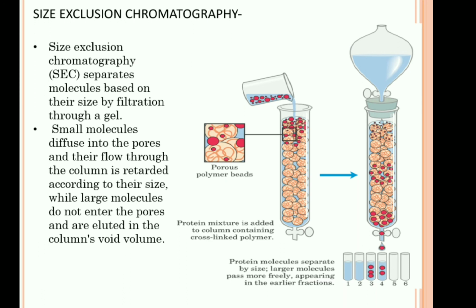So what we understood up to here is that in adsorption chromatography there is interaction between the adsorbent and the adsorbate. In partition chromatography there is interaction between the two phases along with the sample molecule. In ion exchange chromatography there is exchange of ions of the solvent and the stationary phase. In size exclusion chromatography, the molecules which get diffused in the pores get retarded as compared to the other molecules which do not enter the pores.